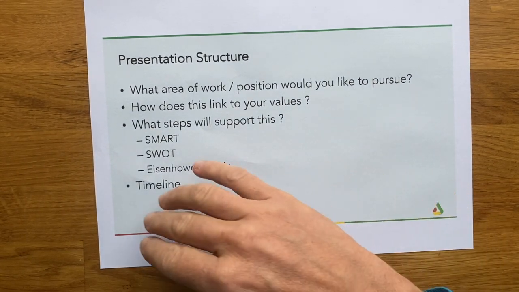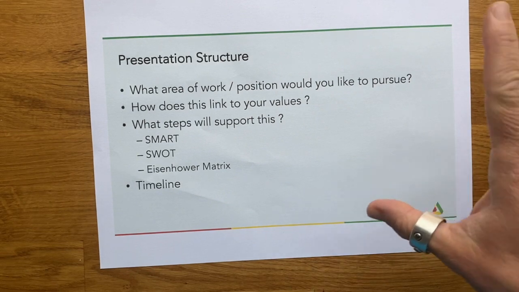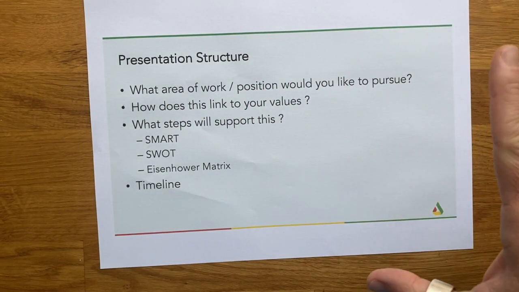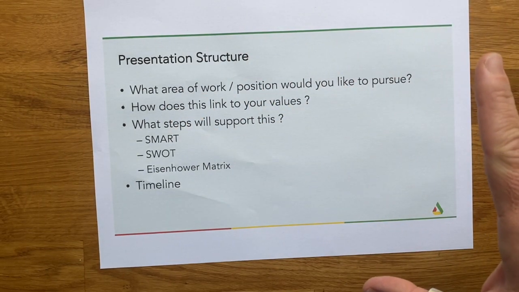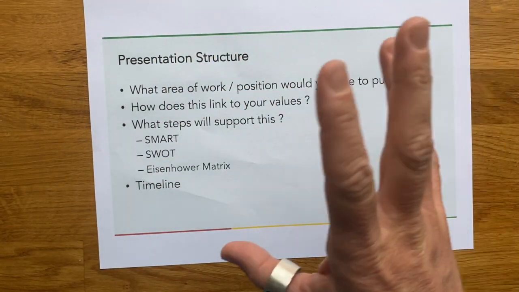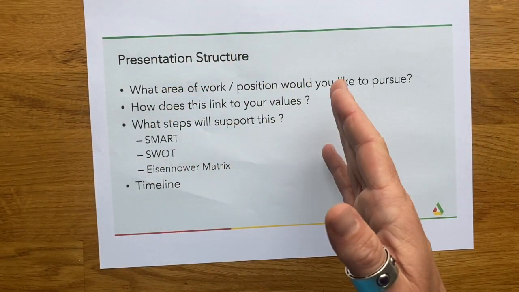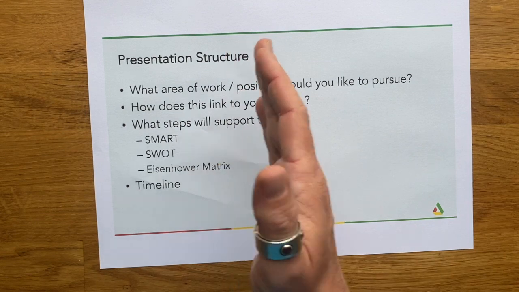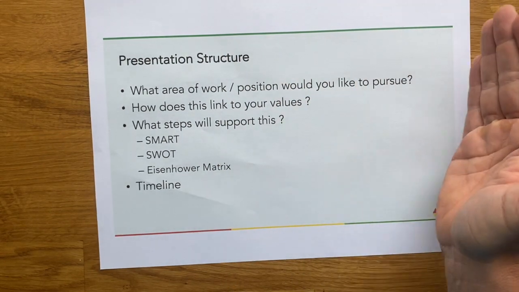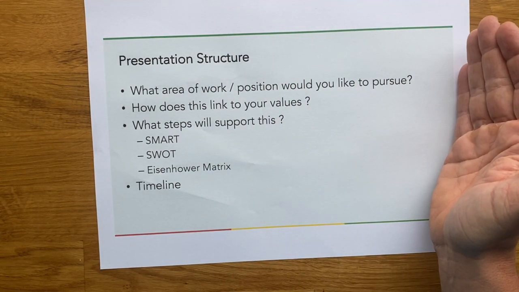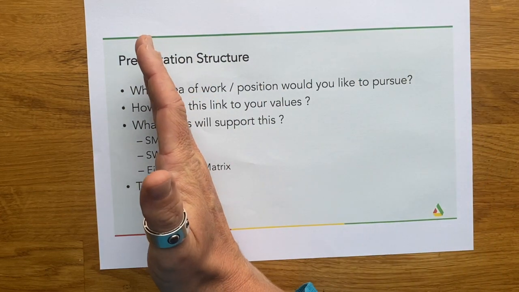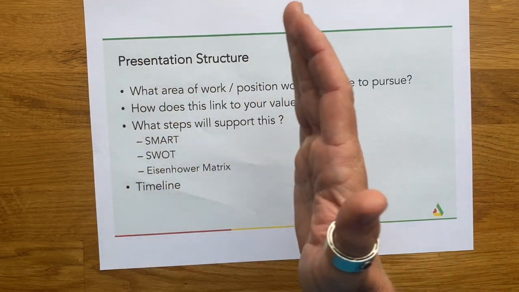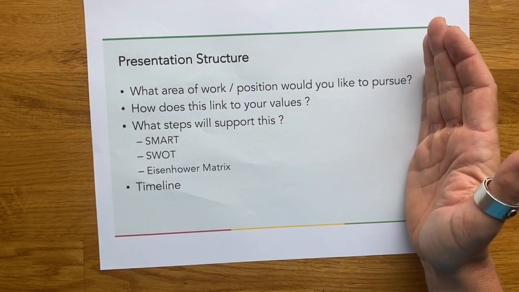So what is it? That might be a curve, it might be set up in a different way. What is it you are going to do at what point? What's your time scale? From next week, for the next month, I am going to do these things, and these are the goals that I want to achieve. From next week to the next 6 months, I'm going to do these things. Or for the next 3 months.